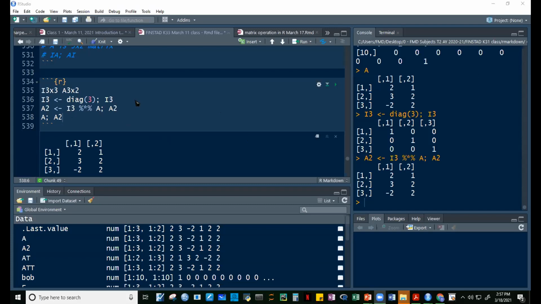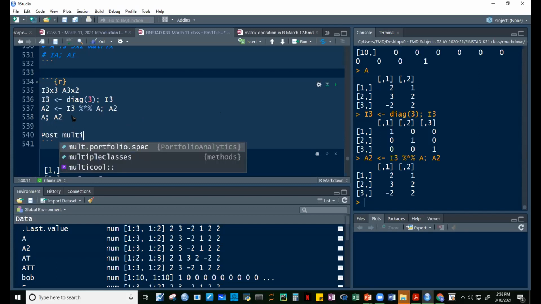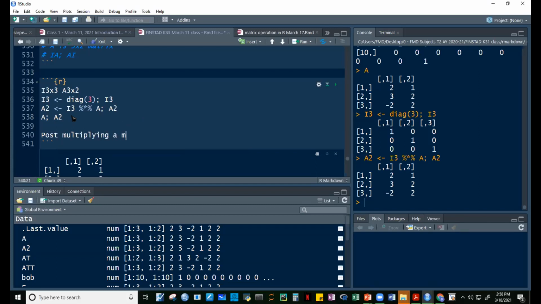So what can we conclude out of this, guys? An identity matrix multiplied by a matrix is equal to the matrix. So when we pre-multiply an identity matrix to a matrix, it will always give the same. It will always yield the matrix itself. What about, guys, what about post-multiplying? Post-multiplying an identity